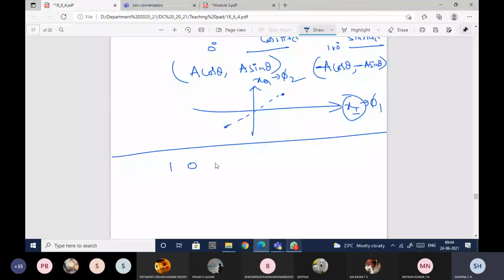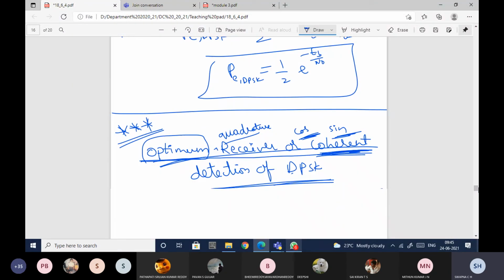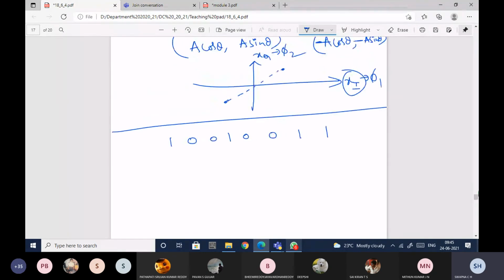1 0 0 1 0 0 1 1. I think I've taken the same sequence only, right? 1 0 0 1 0 0 1 1. Okay, fine, let it be. For this I'll show you how to decode it. Okay, so bi is the binary data. So for the binary sequence given as this,